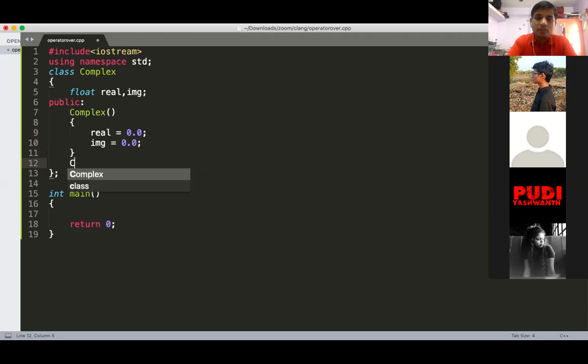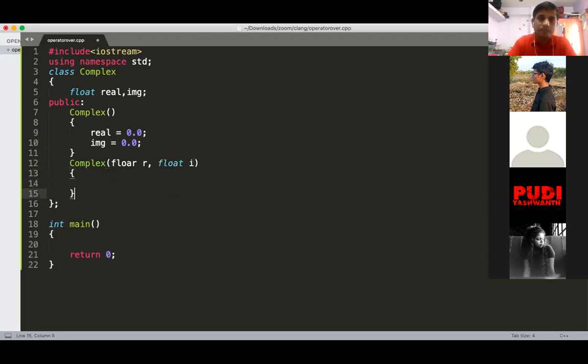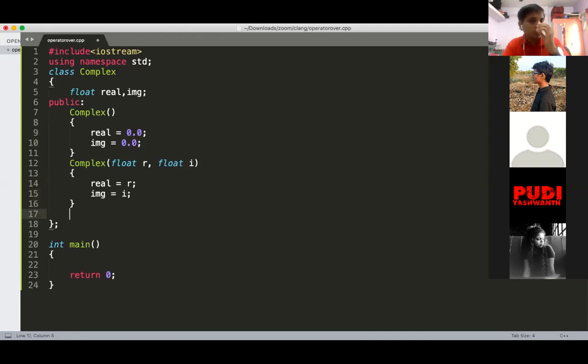But if you are giving the parameterized constructor, float r, comma, float i. So tell me the content: real is equal to r and imaginary is equal to i. Okay, so these are the constructors we have written.